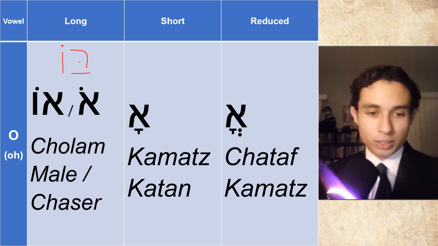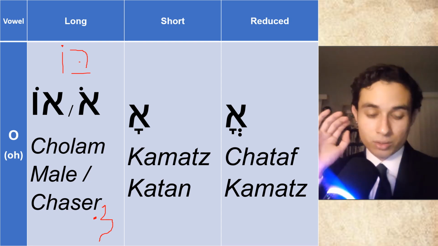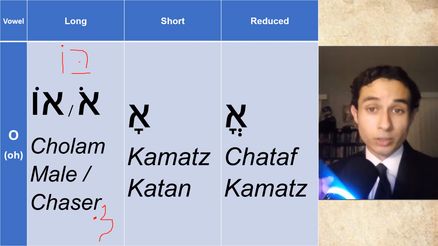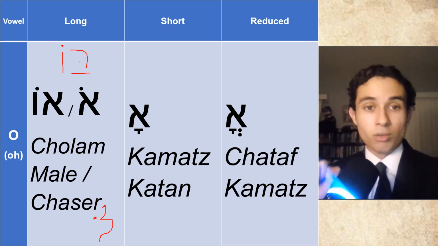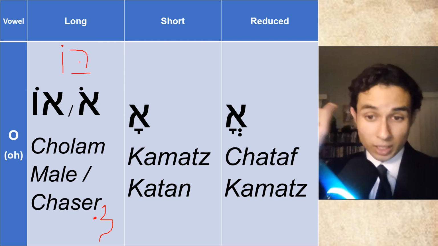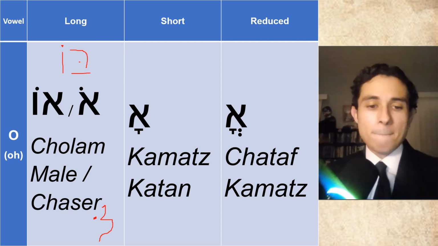Okay, let me just do a lamed with a cholam chaser, which is just a dot at the top left. Notice how this is the first time we're seeing vowel markers that are not under the letter, but instead the cholam is always going to be on top. Anytime you see a vowel marker on top, it is an O sound. That's a good trick. This would be low, low.